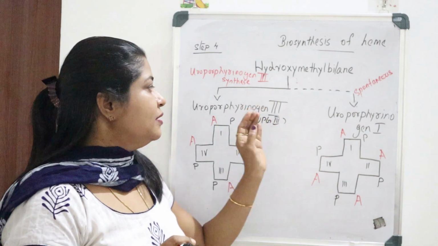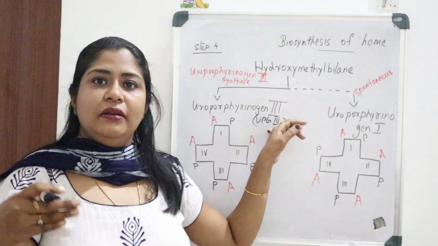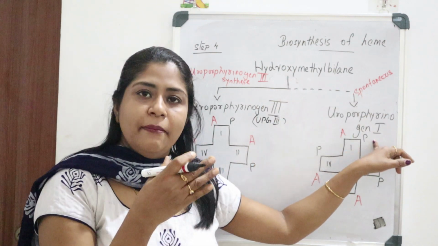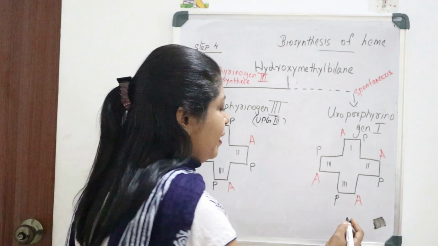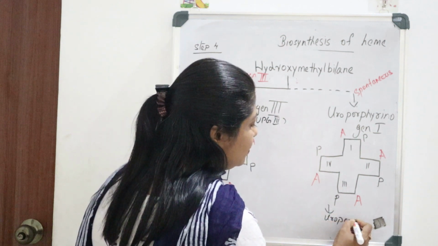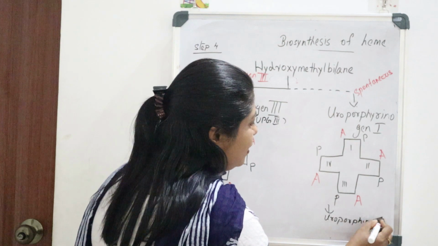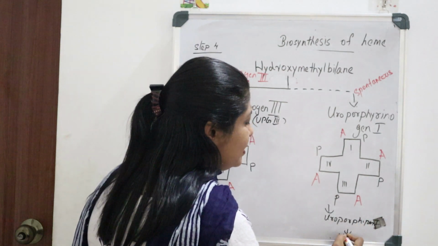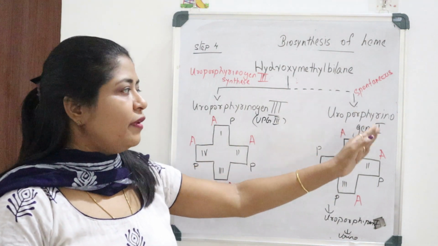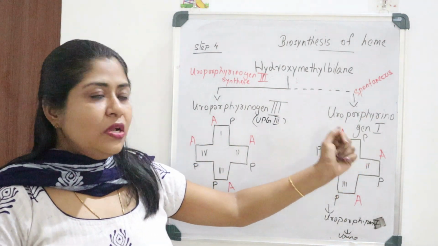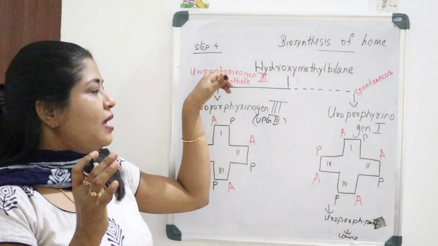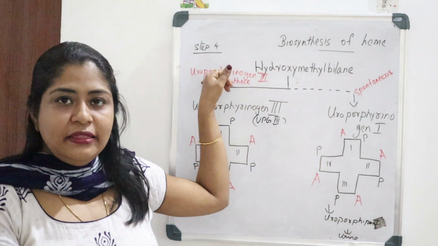In the remaining steps, UPG 1 is converted to uroporphyrin 1 and is excreted through urine. So that's what happens to uroporphyrinogen 1. Hydroxymethyl bilane is catalyzed by the enzyme uroporphyrinogen 3 synthase,